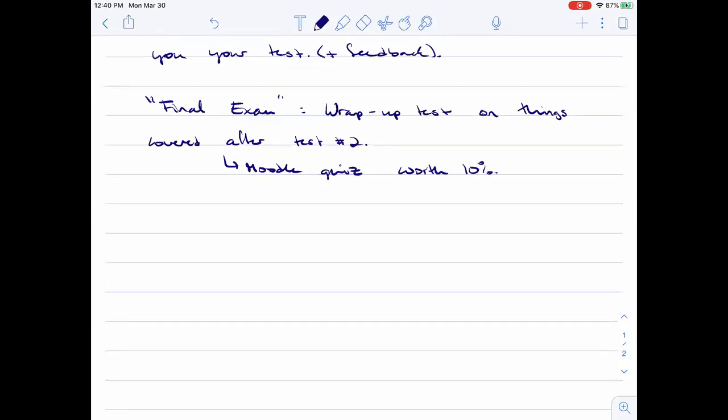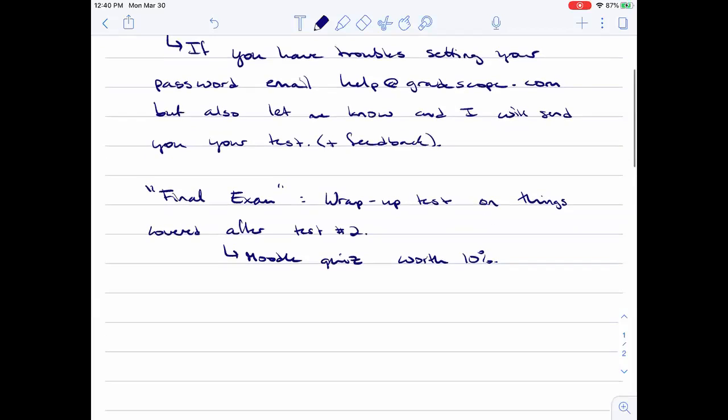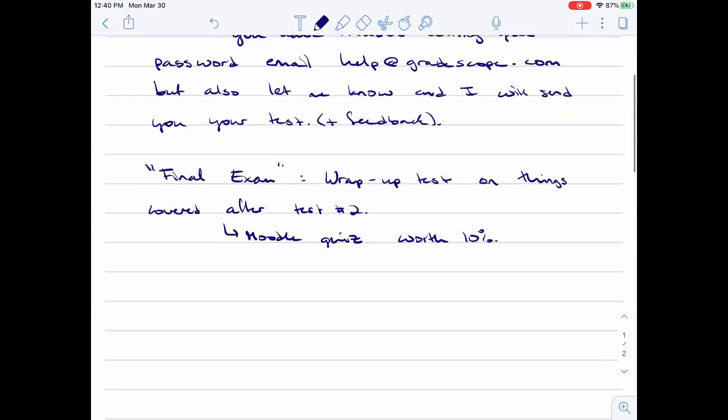So nothing really deep is going to be on this thing. It's just a wrap-up test. So really quick, and because it's worth 10%, we can talk about if you want to have it in